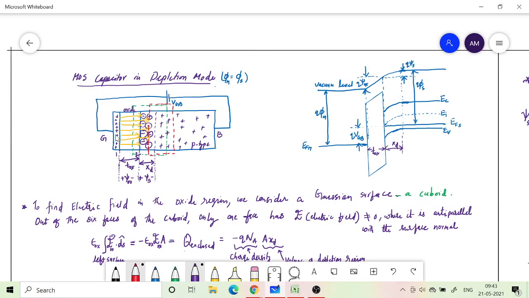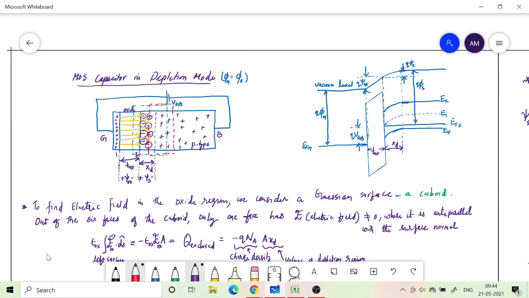Secondly, if you apply a small positive voltage, we will push away all the holes and create a depletion region. And the third mode is where we apply a strong positive voltage, which will not only push away the electrons or holes, we will attract the electrons underneath the oxide layer. So we are now considering a small positive voltage being applied across gate and bulk. Okay, so this is the picture or the schematic for depletion mode operation.